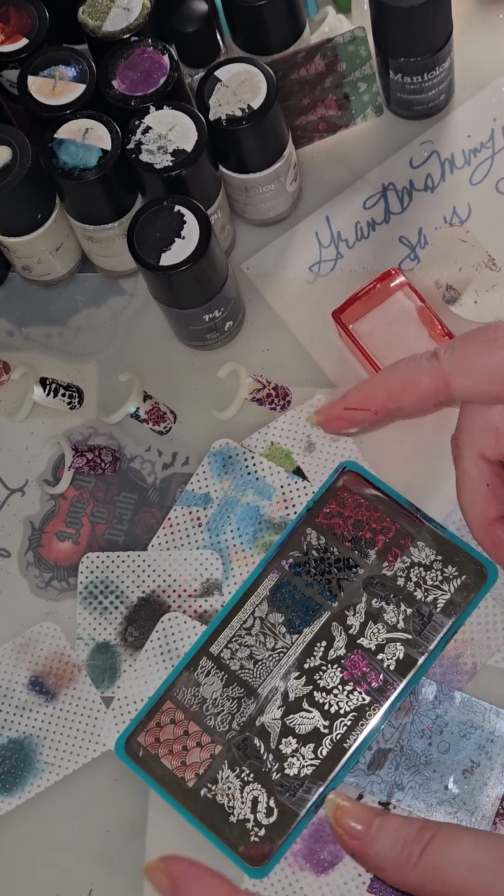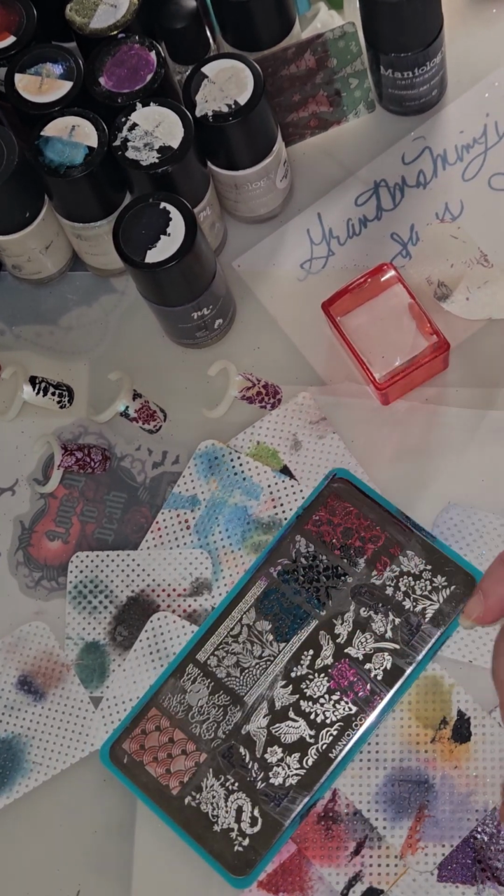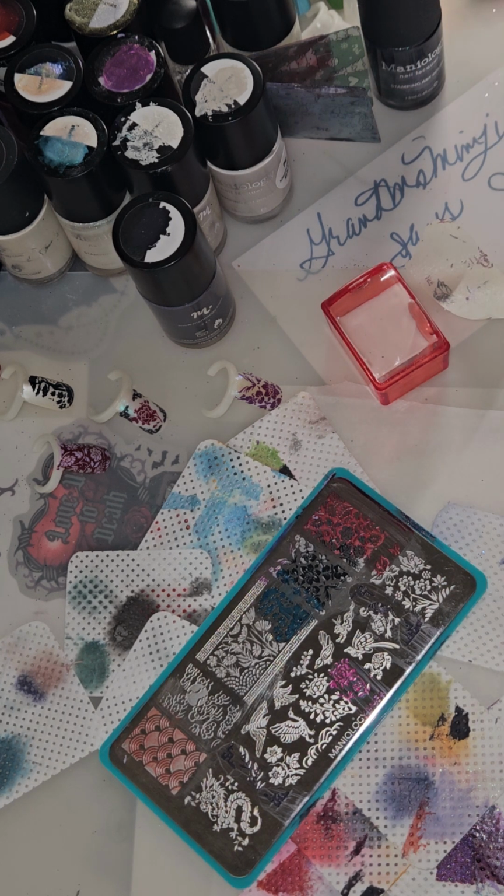So I hope you enjoyed seeing the plate and all the possibilities and the ideas. I highly recommend, if this is within your options, for now or later, add it to your wish novel, because we no longer have a wish list that has anything to do with nail stamping and nail art. It's a novel. It is so big and so much that of all the things we want to get, we all need McMansions so we could have multiple spaces to keep all of our goodies, because it does tend to become a multiple rabbit hole, that overlapping of things. And I laugh because it's kind of funny, but at the same time,